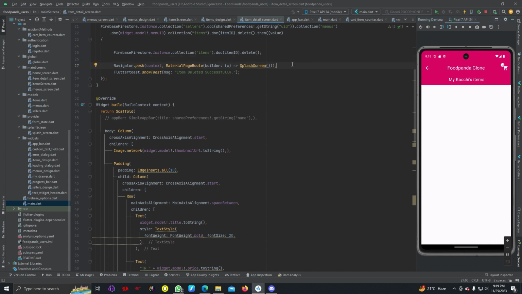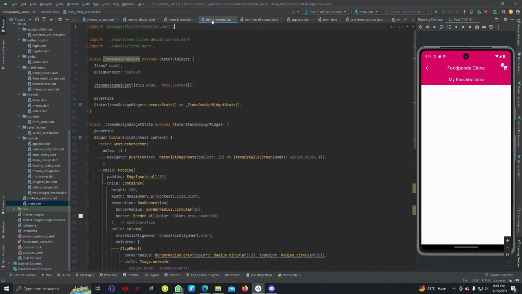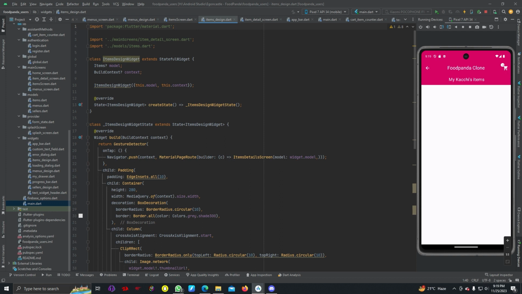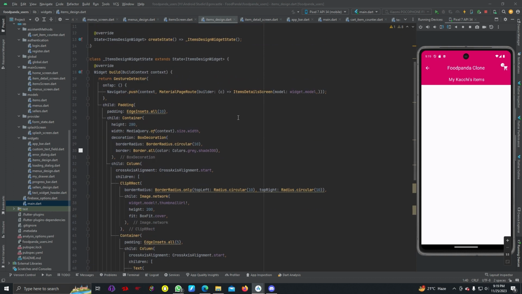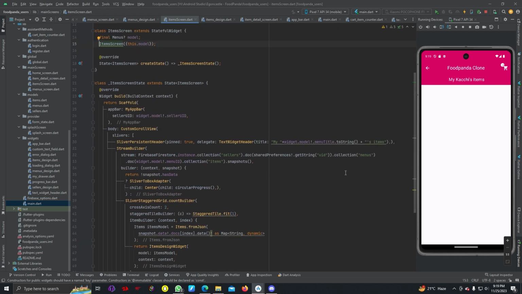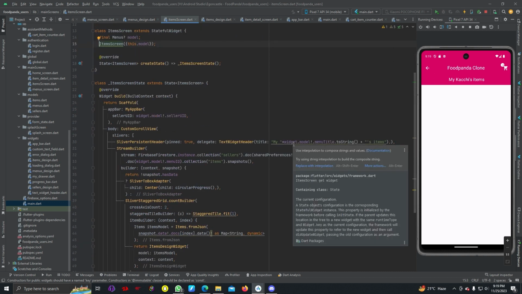Now we can see an item because, let's go to item screen and we can see